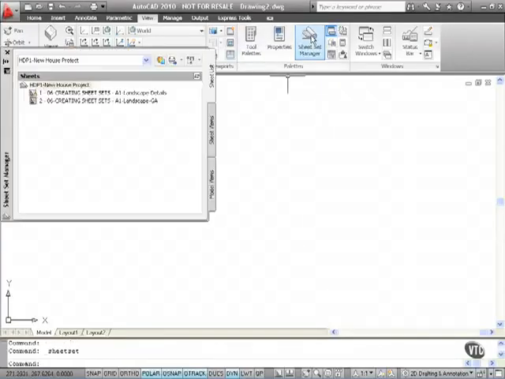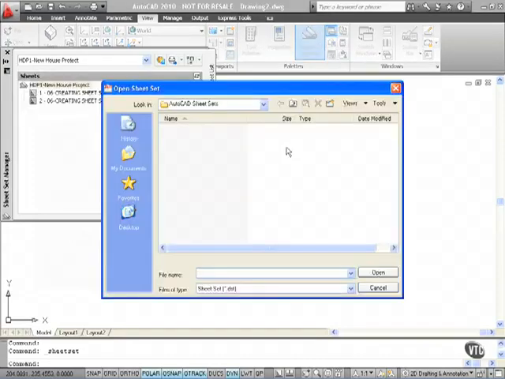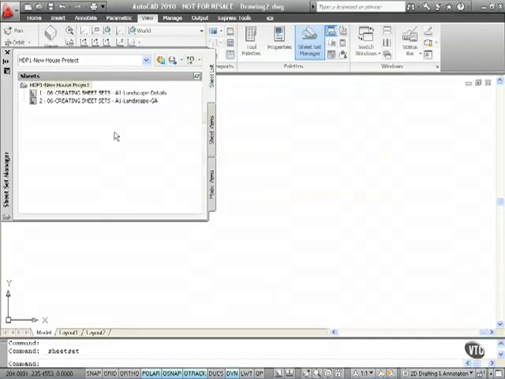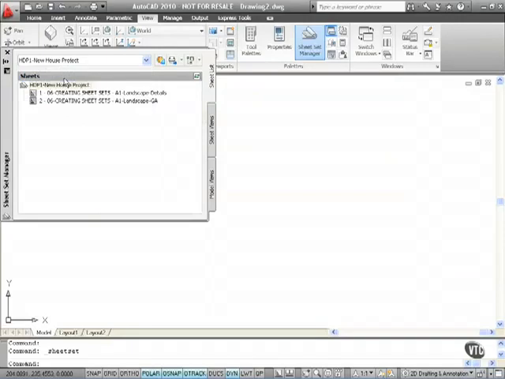So I click on Sheet Set Manager there, and notice now I've only got one locked layout there. So as you can see, if I go here now and go Open, it goes to the AutoCAD sheet sets folder, the default folder. So there's a default folder in your options in your files where you can put sheet sets. What I can do here, I'm very lucky, it remembers the ones that I've used. So I'm going to open up my new house project, and notice as soon as I refresh that there,